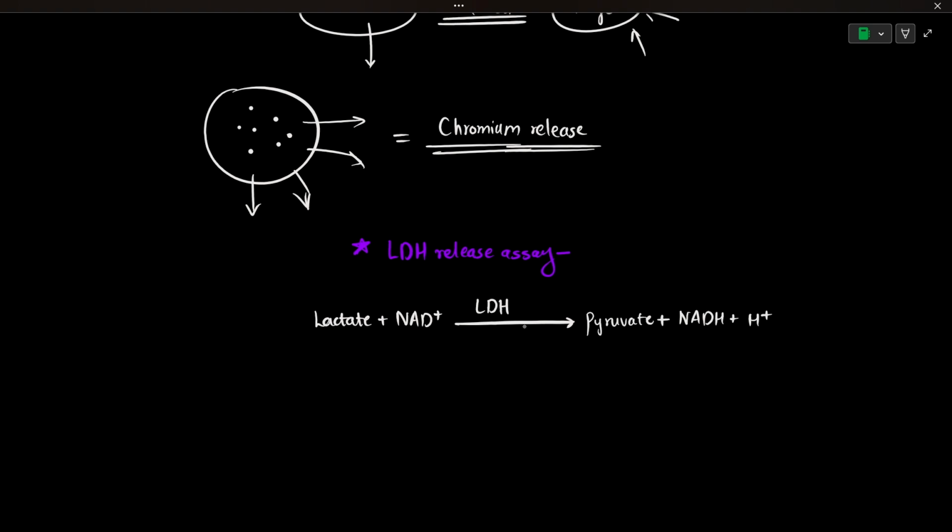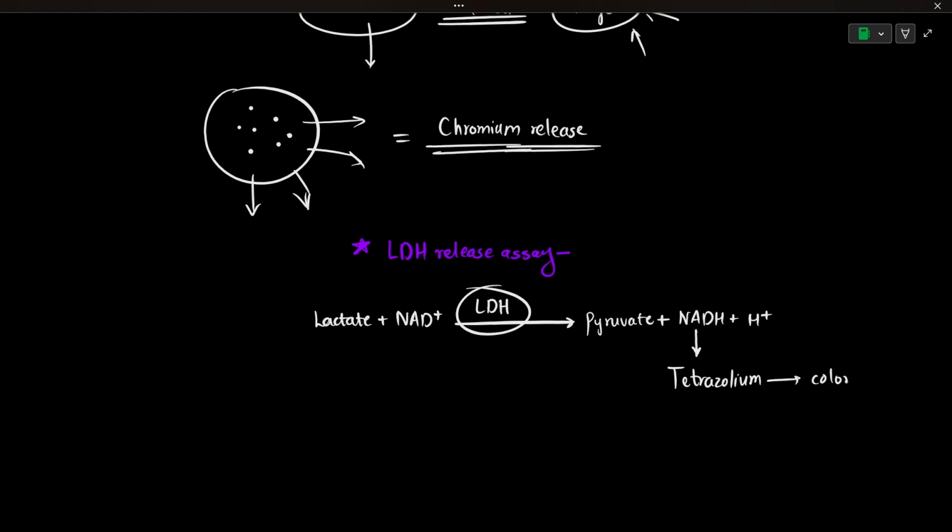When natural killer cells kill the target cell, they release this enzyme into the supernatant. Then we provide the substrate, and the NADH which is produced will be coupled with chromogenic substances, such as tetrazolium salts. It will be coupled with reactions involving the tetrazolium salts,